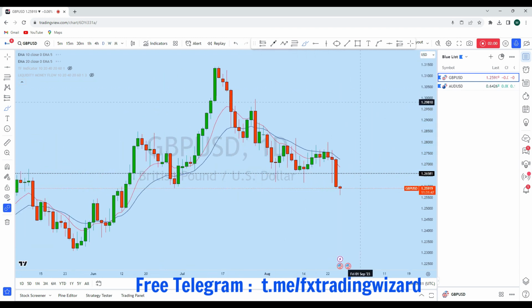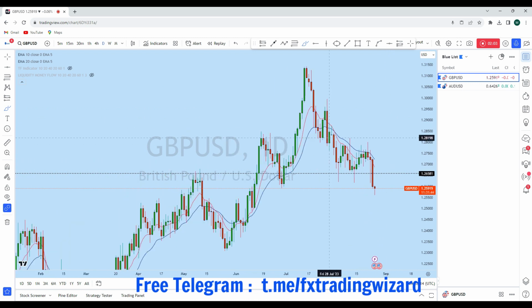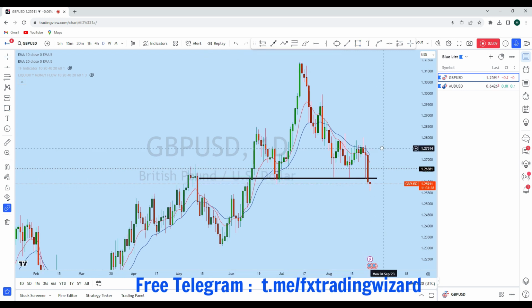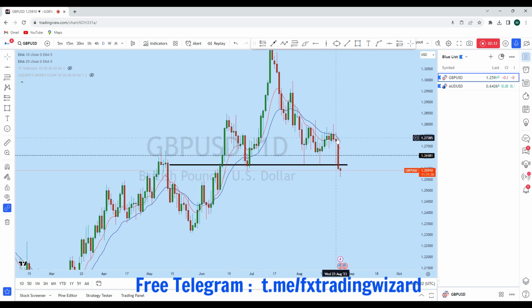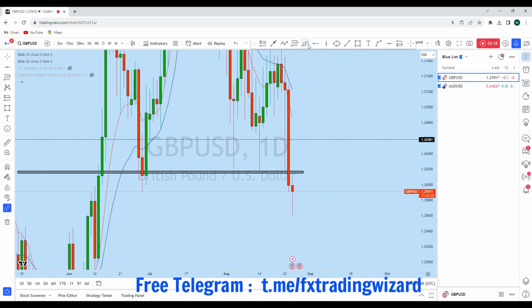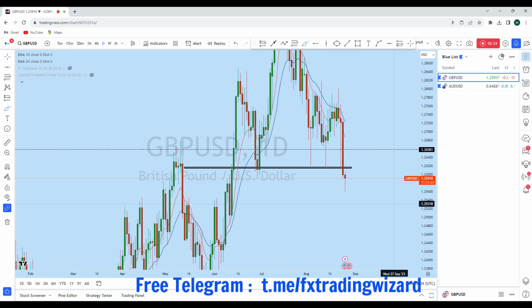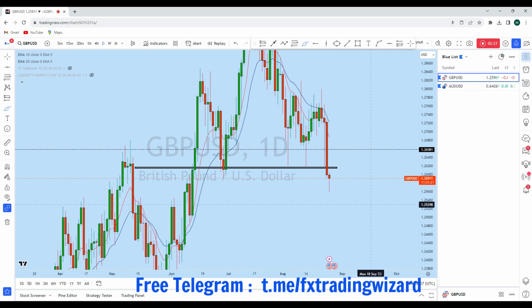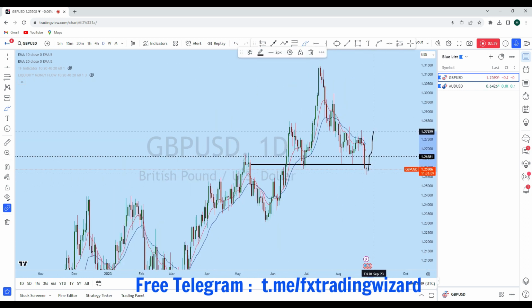Now if we look at the daily, we can see that GBPUSD has broken a very important daily support level. This is the support, created with all these long wick candles, that has broken, and with the price below this level we can expect a retest. Most of the time the price more often creates a false breakout below a support level. With the news, we could see GBPUSD pushing high, and with that break to the upside, we could even see GBPUSD in the upcoming week pushing high with the new monthly opening